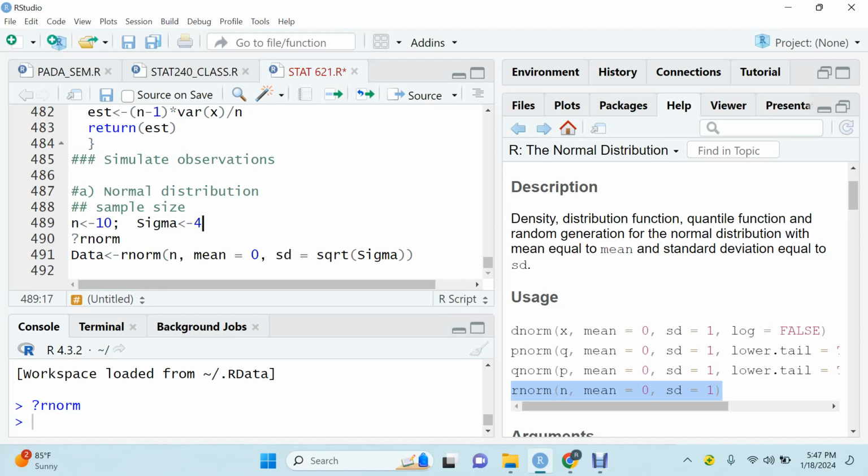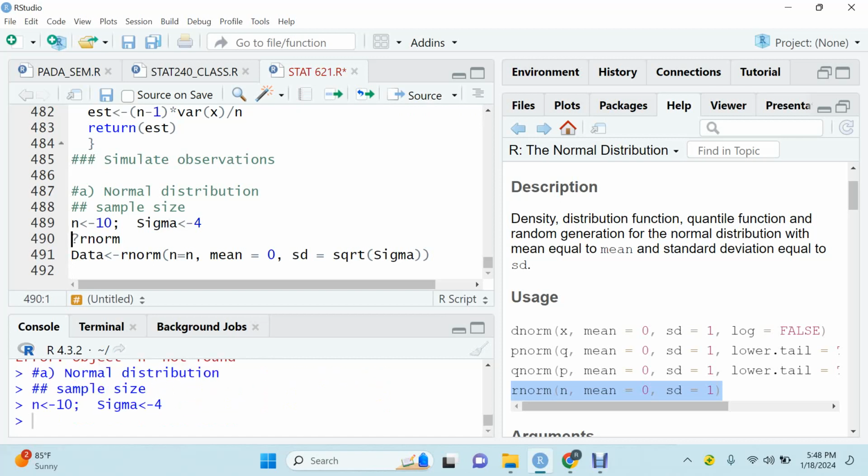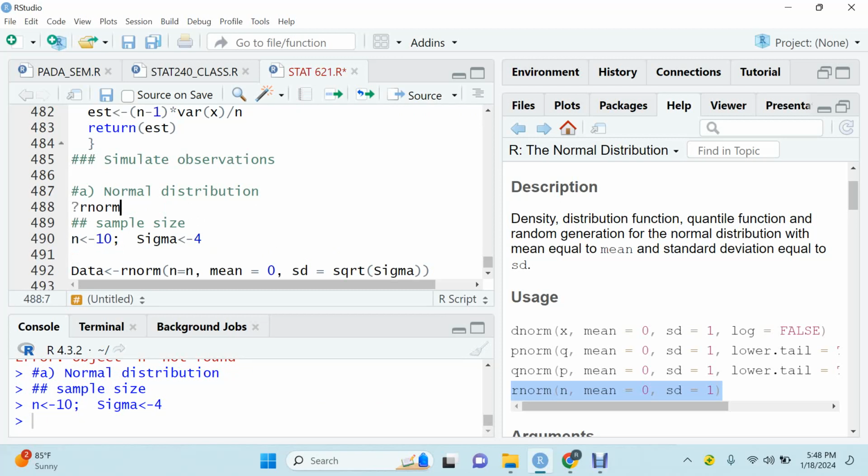Okay, so now let's see. If I come here, I can say the data n is equal to n, mean is equal to, and then SZ is equal to that. Oh, n is not defined because I did not run this. Then I need to run this. I need to take this up there. Oh no, okay, it should be here. Okay, sample size and